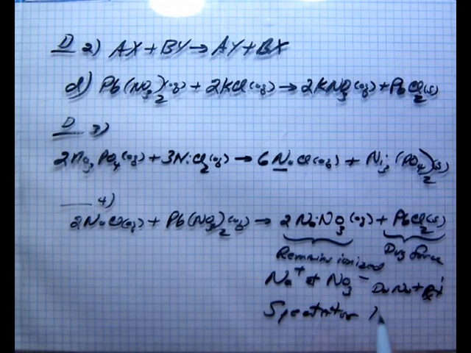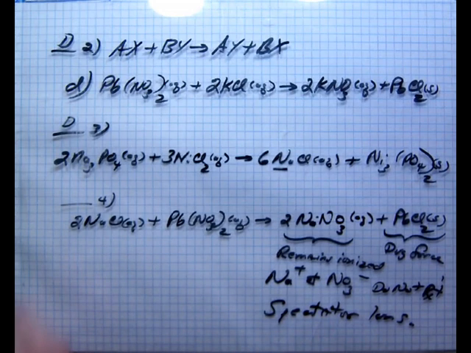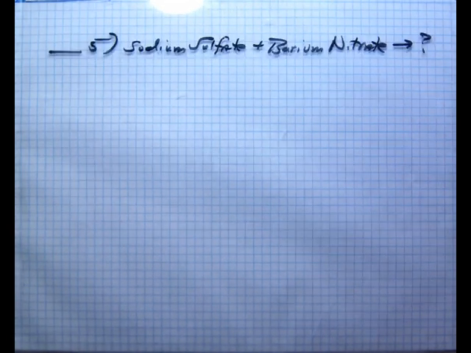So they are the spectator ions. Okay, so that is the B choice in the collection. And finally, the problem is to predict the chemical formulas of the products by converting these by